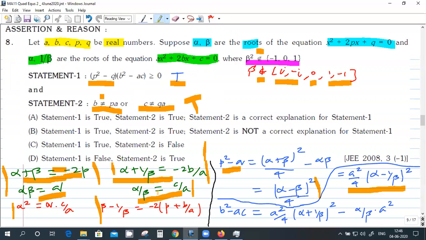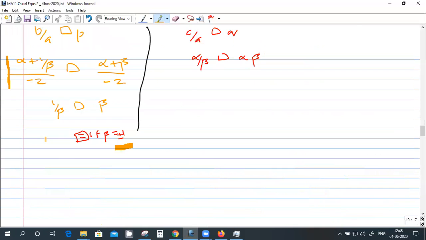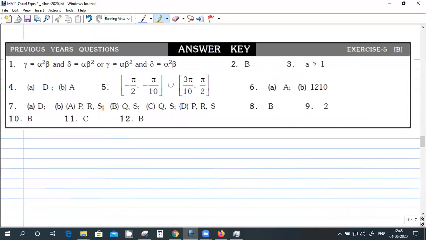Okay, so is the truth of the first statement related to the truth of the second statement? I don't think so. They both are different, right? Both the statements are true. So answer should be B, I think. Yeah. Answer is B. Both the statements are true, but statement 2 is not the correct explanation for statement 1. The answer is B.